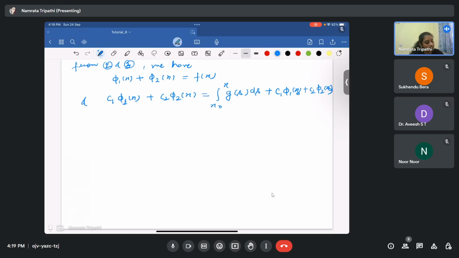So we can multiply with C1 and subtract from this to this, then you will get phi 2. Similarly, you can multiply C2 and after subtracting you will get another expression for phi 1. This will cancel out. You will get C2 minus C1 minus C1 f of x plus